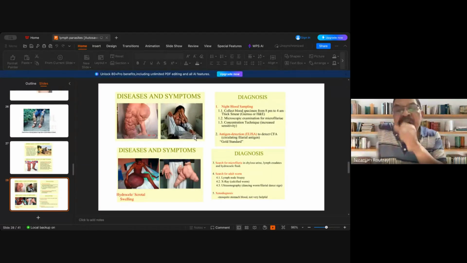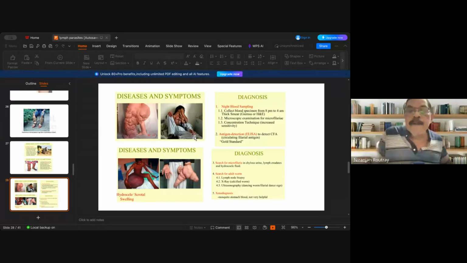Simply diagnosis can be taken by taking into consideration of the chylous urine or chyluria, the fluid is taken for examination under the microscope. Lymph exudates, lymph fluid are taken out, or hydrocele fluid is taken out and studied. Lymph node biopsy is taken, X-ray, ultrasonography to locate the moving filarial worm in the blood vessel. So they produce certain sounds also.